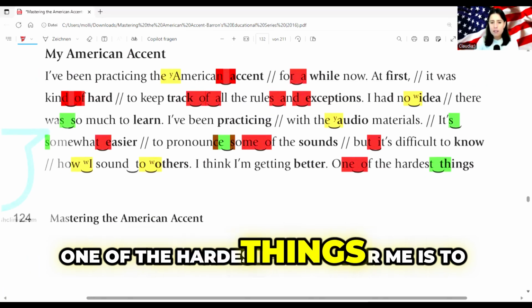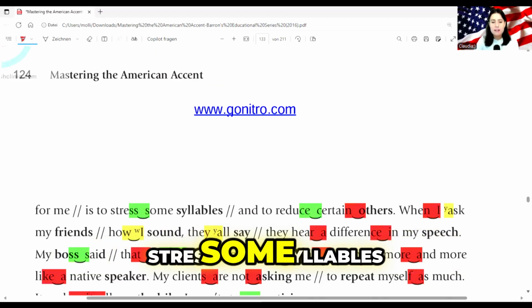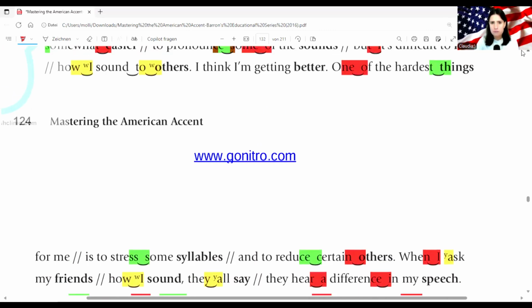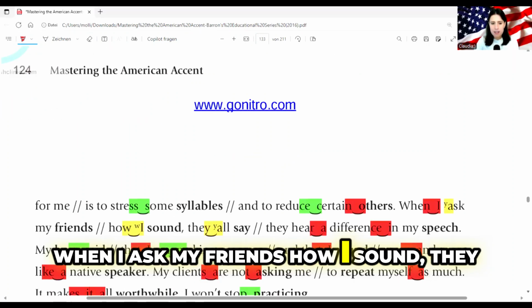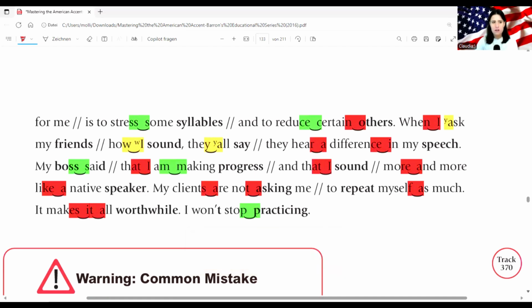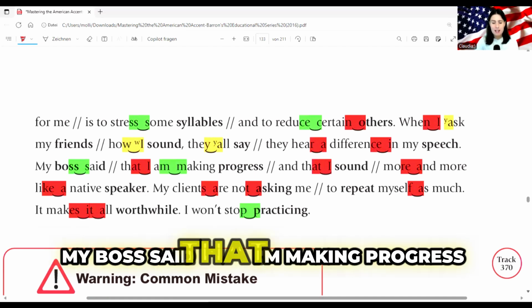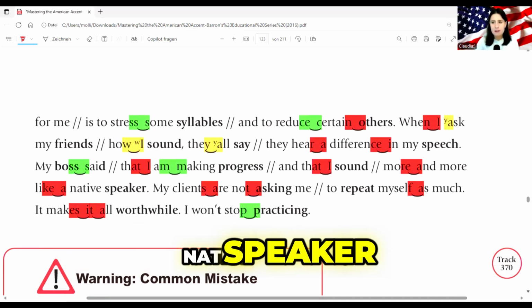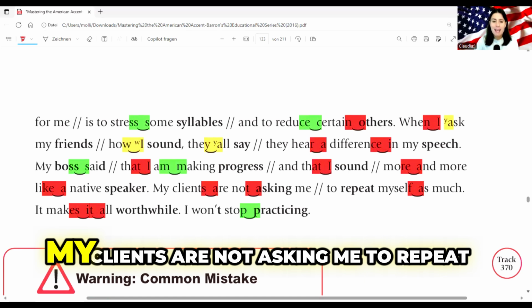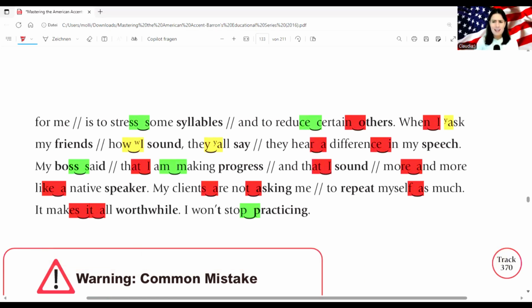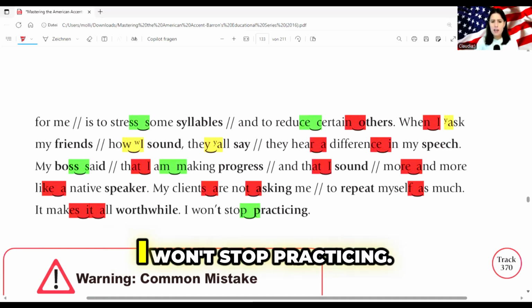One of the hardest things for me is to stress some syllables and to reduce certain others. When I ask my friends how I sound, they all say they hear a difference in my speech. My boss said that I'm making progress and that I sound more and more like a native speaker. My clients are not asking me to repeat myself as much. It makes it all worthwhile. I won't stop